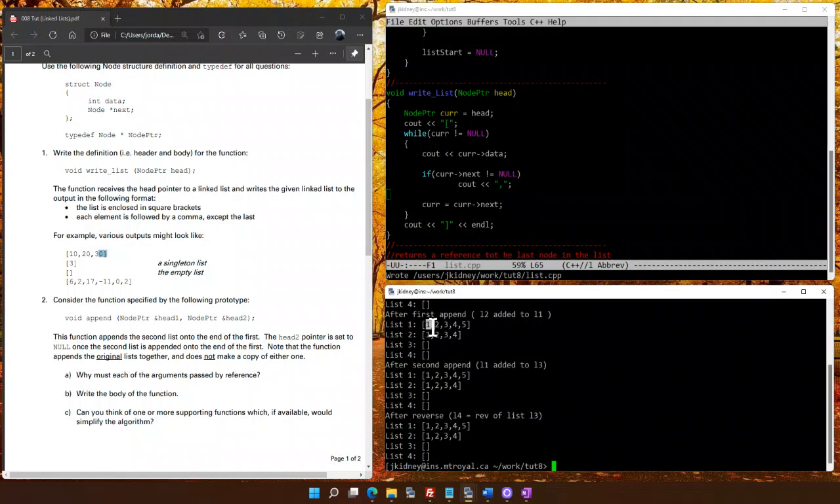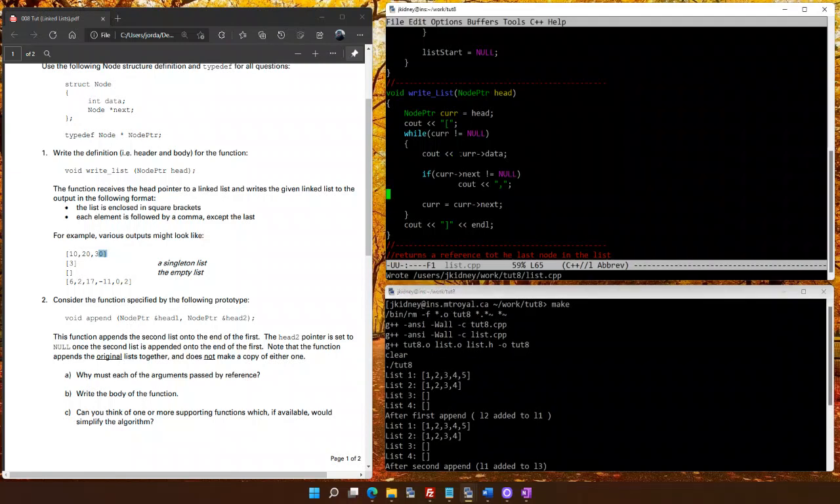There we go. We know we have a list, we have everything else printed out from right here. And so far we're okay for these first ones. So if we go to our main,